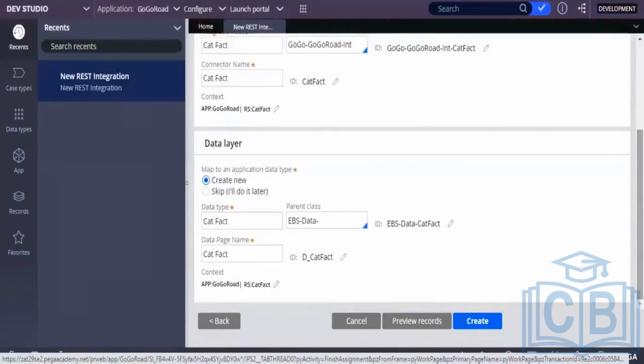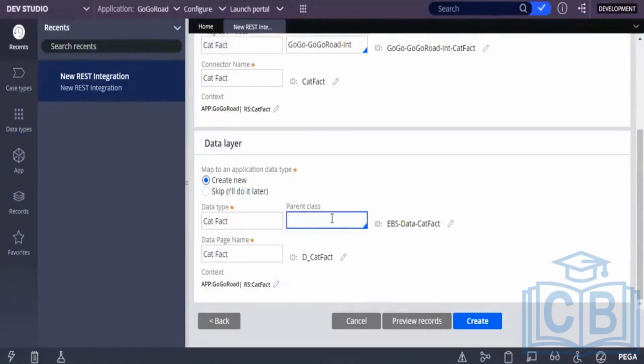If you select skip, I'll do it later, then you have to create all these things on your own. Generally, that is not recommendable for a beginner. They will skip it sometimes if there is a lot of customization involved. But in most cases we should not skip it. You just select this only. In fact, some random name it is giving, but you just remove that. You give Goggled data Cat5. You remove that entire thing. You just search for Goggled.